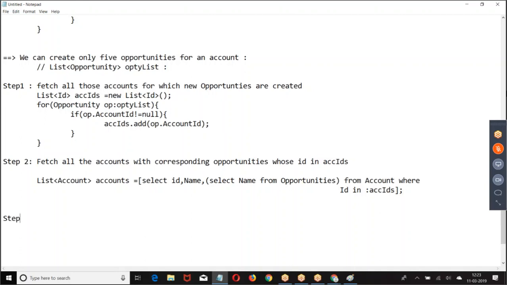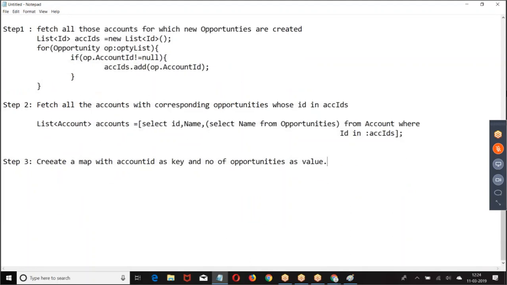Right. Step number 3, create a map with account ID as a key and number of opportunities as a value. Complete the step number 3.